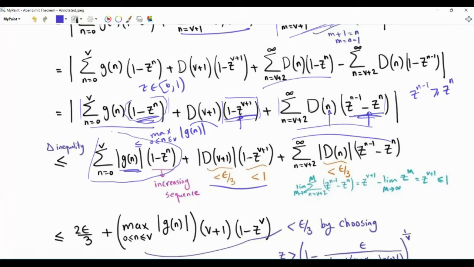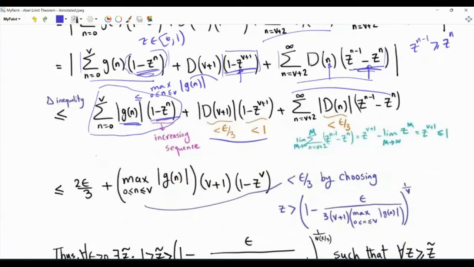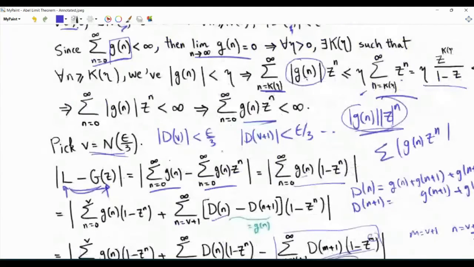So an upper bound on this summation is the maximum of the magnitude of g of n, n from 0 to V, times the number of terms, which is V plus 1, times the biggest term here, which is 1 minus z to the power of the highest value of n possible, which is V. So the overall upper bound now is epsilon over 3 plus epsilon over 3 plus this quantity. The question is, if we want the magnitude of the difference to be upper bounded by epsilon, for any given positive epsilon,